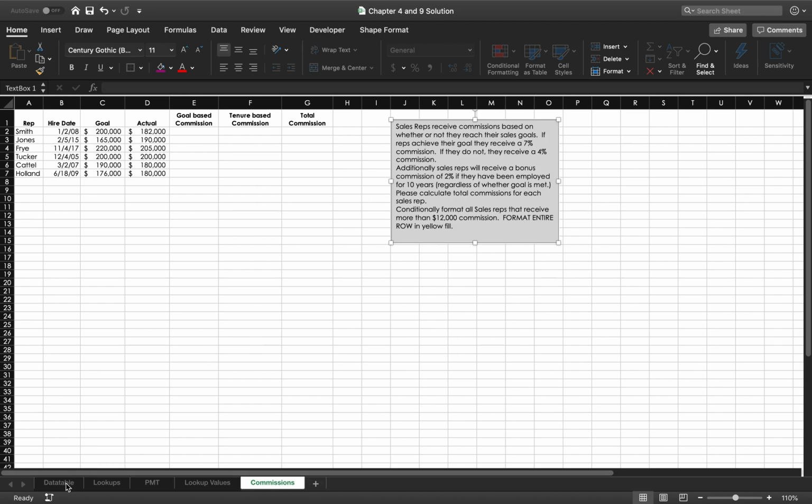I would like for you to start, again, by doing the data table and the payment function, and then turning them loose on the lookups and the commissions. That's what I want you to do. But I just want them to make sure they read the directions. So the first set of directions on goal-based commissions, it's an if statement that says if